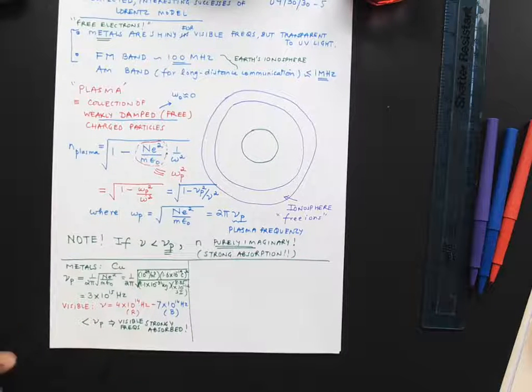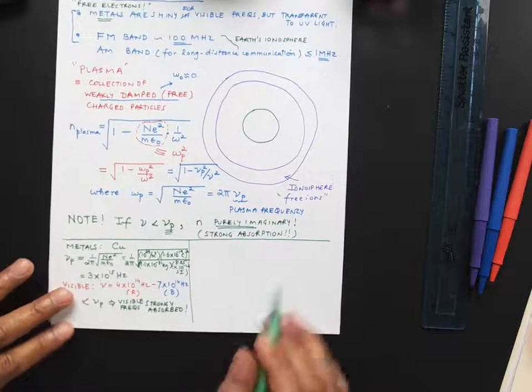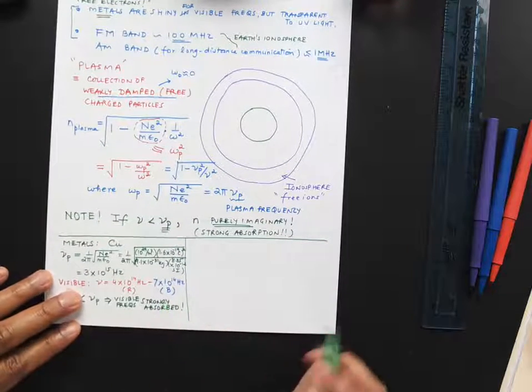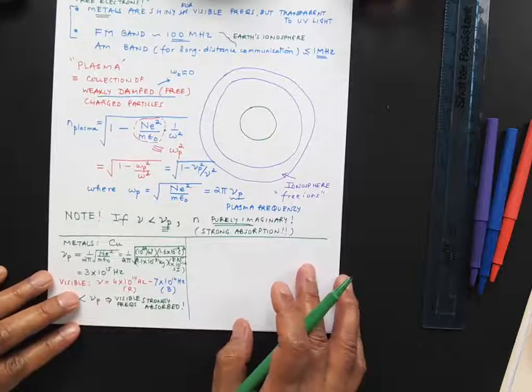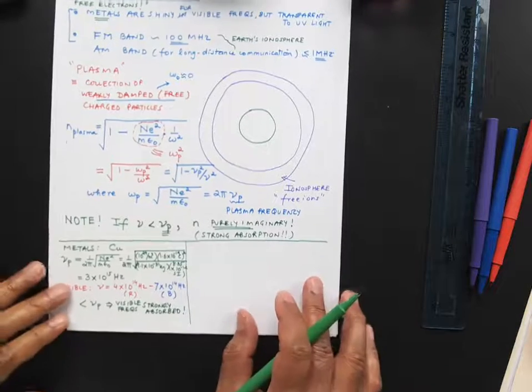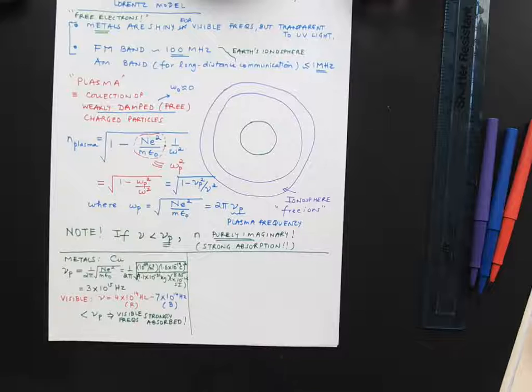All right. Now, how does that mean that it's shiny? Because strongly absorbed. Normally in this class, like in 600 ENM, we actually prove that if something is a strong absorber at a certain frequency, that means it's a very strong reflector also at that frequency. Reflection happens at the surface, absorption happens in the bulk. This is a very interesting property of materials. It's counterintuitive. It shows up in the math.